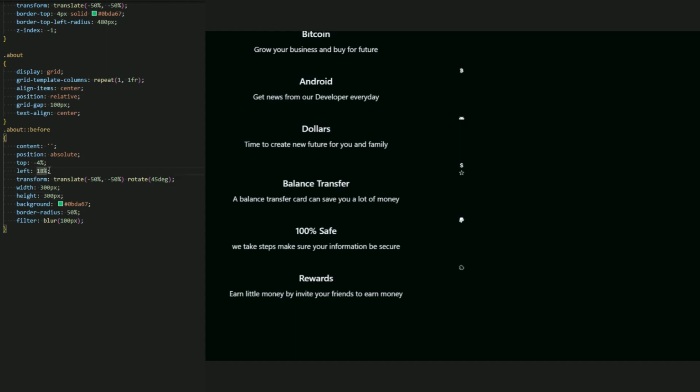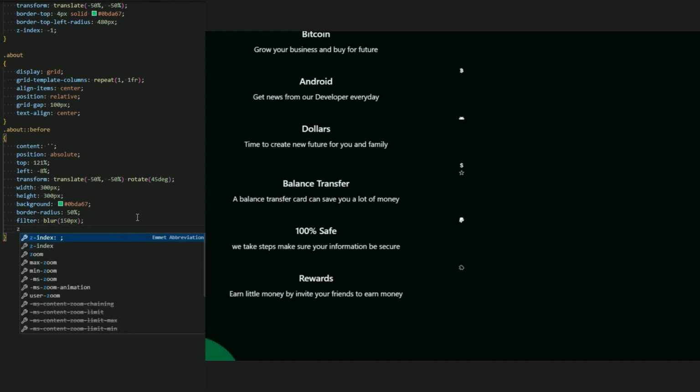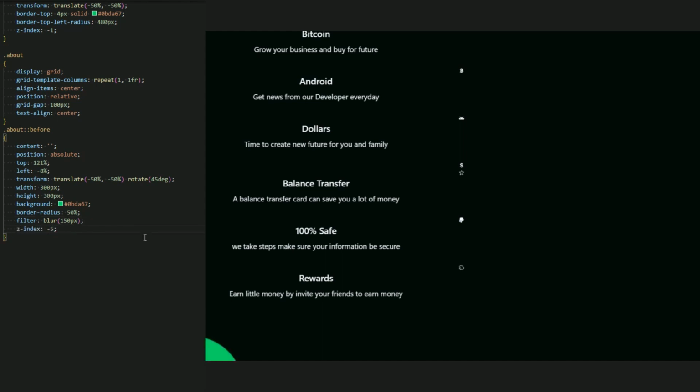Let me change the position to -8% for the left and 121% for the top. Okay, and for the blur, let me add 115 pixel. Yeah, and let me add the z-index of -5.